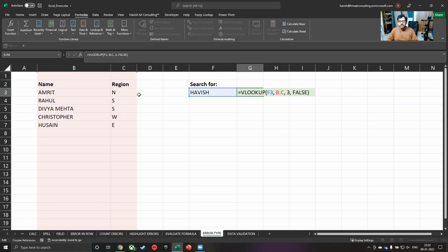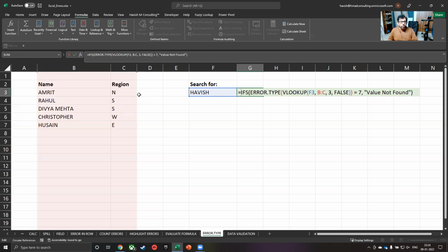What we can do here is we can say that if, and in the logical test, we will say that if this entire formula that we have written is resulting in an error which is the type 7, that means that it is a specific type of error, which is value not found. I hope that makes sense. So it tells us value not found.